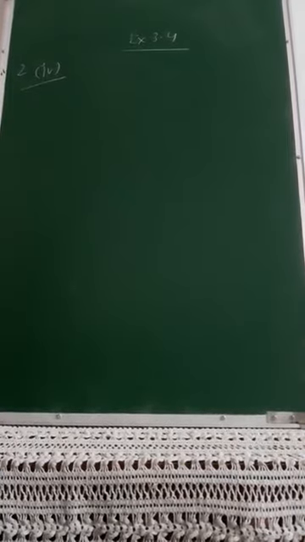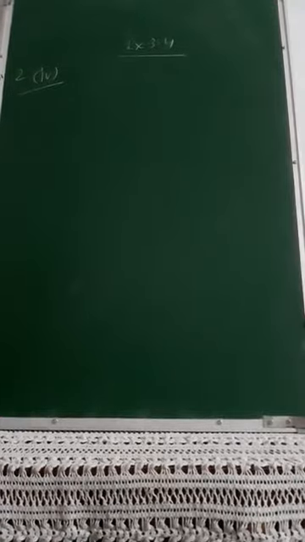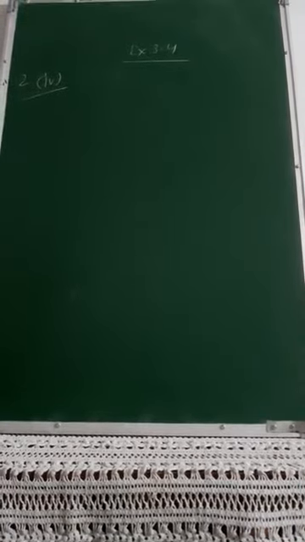Read the question carefully. Meena went to a bank to withdraw rupees 2000. She asked the cashier to give her rupees 50 and rupees 100 notes only. Meena got 25 notes in all. Find how many notes of rupees 50 and rupees 100 she received.